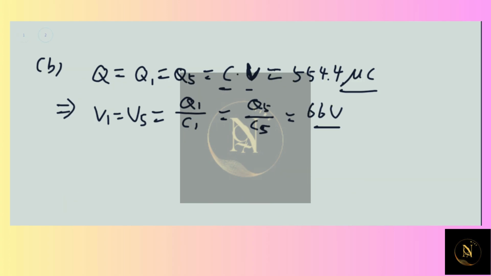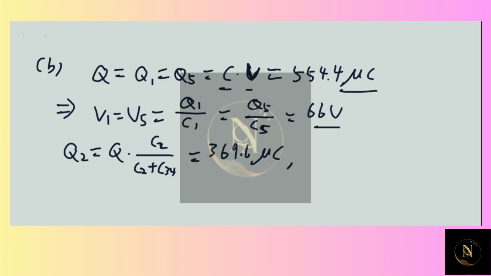So in that case, we have the expression Q2 equals Q, the total charge, times C2 divided by C2 plus C34, all right? So you can see that this gives you 369.6 microcoulombs, and